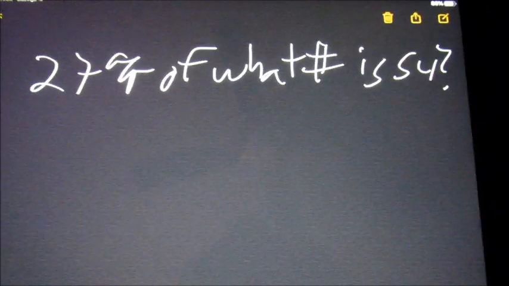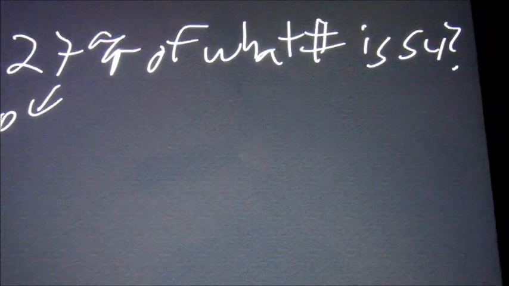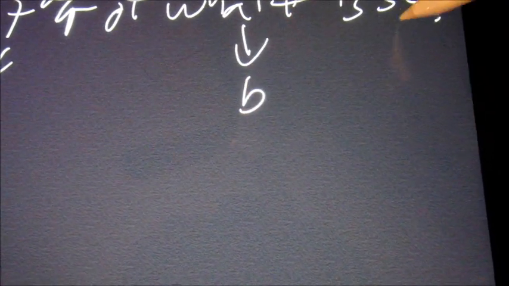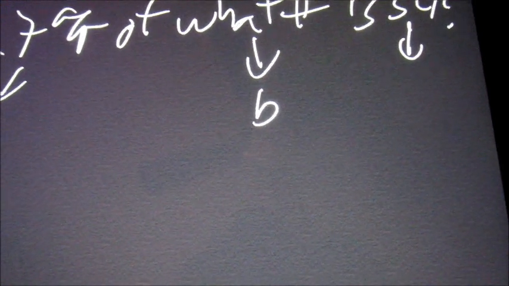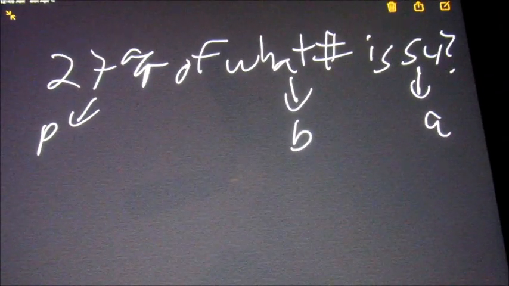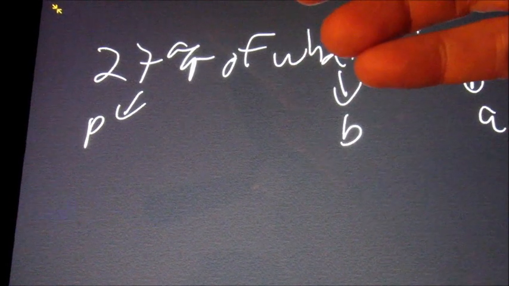So on this, whatever's next to the percent is going to be your P. Whatever is closest to the word "of" is the base, and whatever is closest to "is" is going to be your amount. So when we do this as A over B equals P over 100, we're going to say